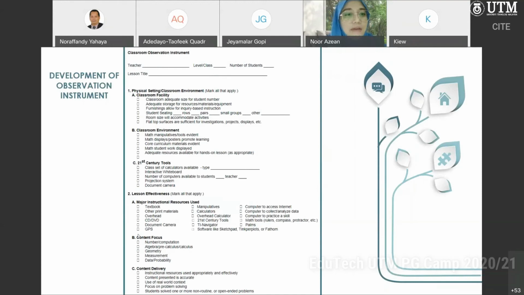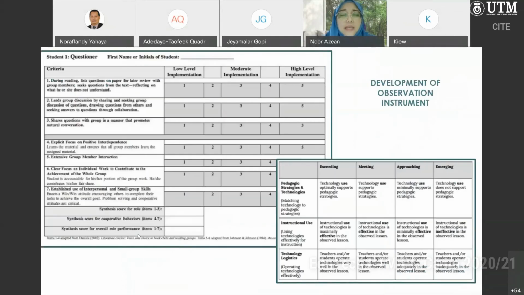For example, they have a physical setting, the classroom. So they have the checklist: the classroom environment, the 21st century tools. So you can observe directly how they interact. Maybe you can have more details on the observation instrument. So this is one of the examples. The second example, if you look here, they have the criteria, but at the same time